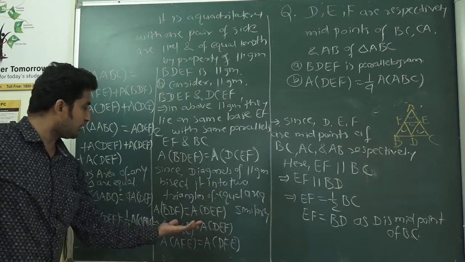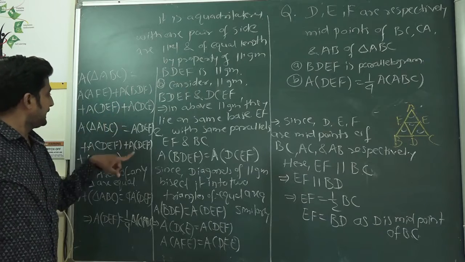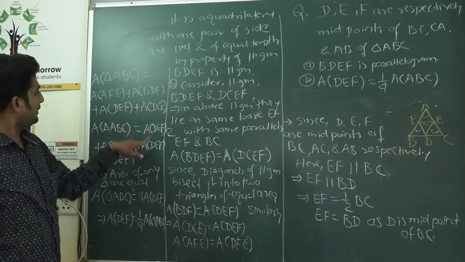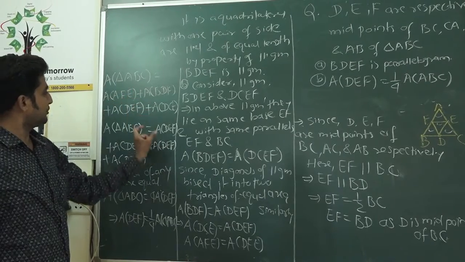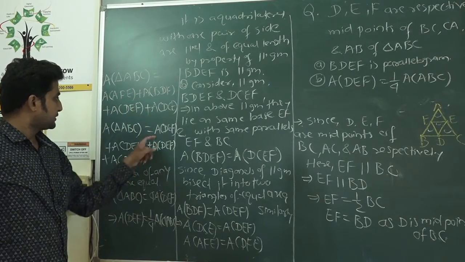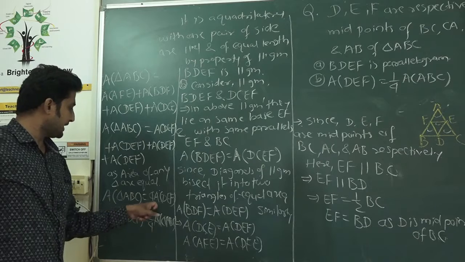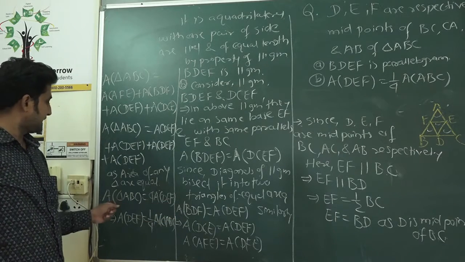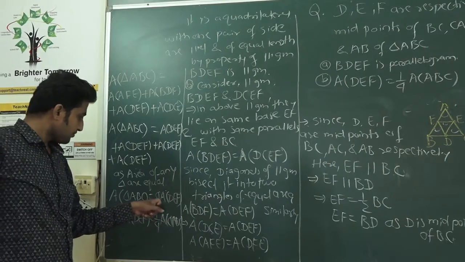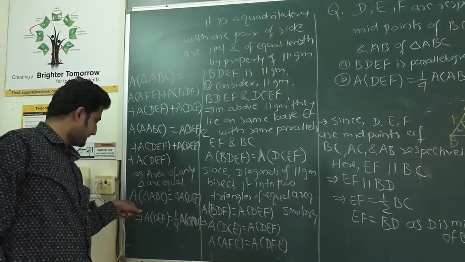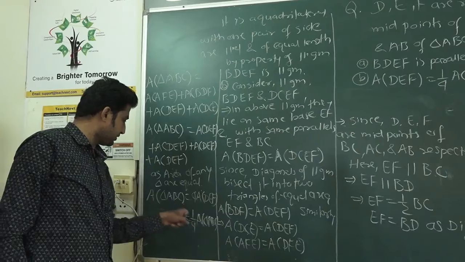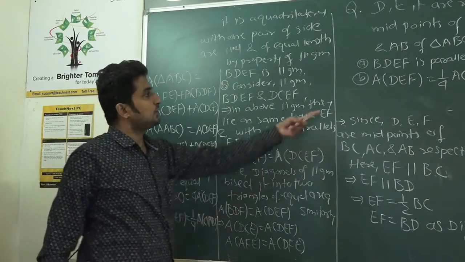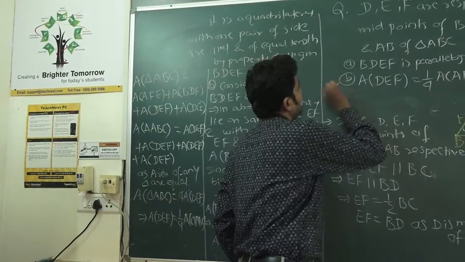And as they are equal, that's how we equate with DEF. This is also equal to DEF. This is also equal to DEF. All these four triangles are equivalent to area of triangle DEF. So it is 4 times DEF. That's why it is equal to 4 times area of DEF, and here it is area of triangle ABC. Shall I shift this 4 to LHS? That becomes area of DEF is equal to 1/4 of area of triangle ABC. It is what we have to prove.